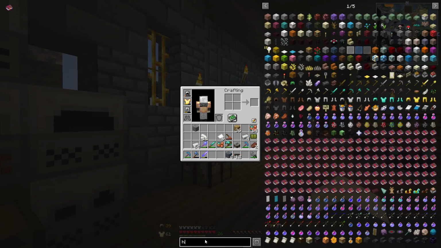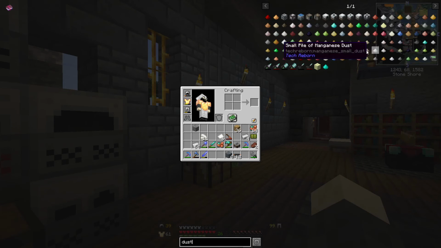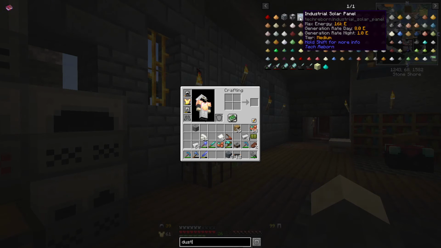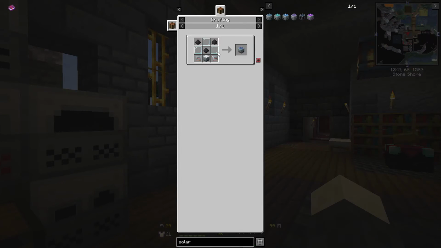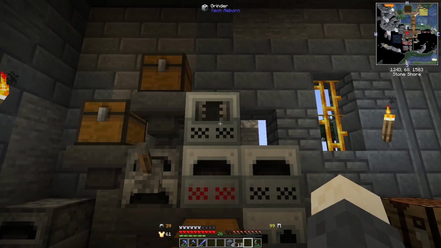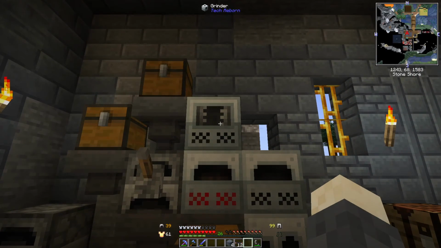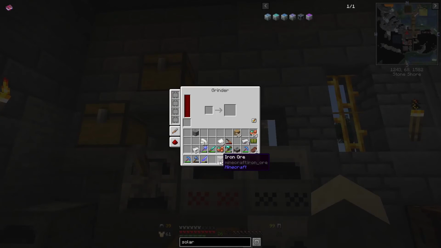Tech Reborn has all kinds of dusts, which are used in lots of different recipes and machines that you build. Basic solar panel requires coal dust, and you can also accomplish ore doubling with the grinder. It takes an iron ore and automatically turns it into 2